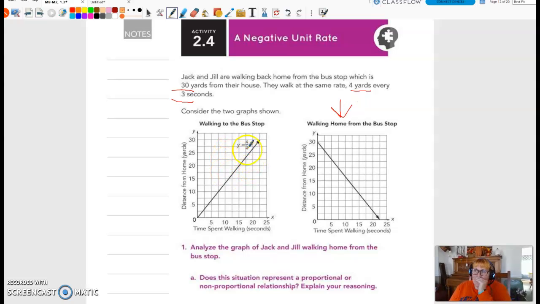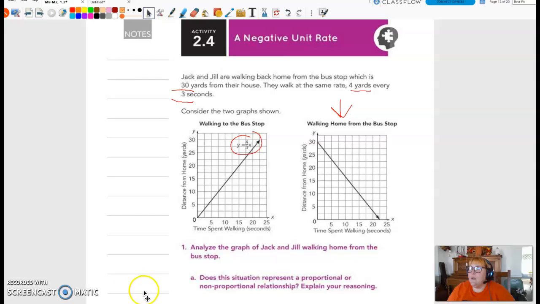So you have the original graph, which is 4/3 x, and then here, now we're still walking at a rate of 4/3, but how fast can we actually go? So what are your thoughts here? Stop and think about that. If we take a look at the questions down here,